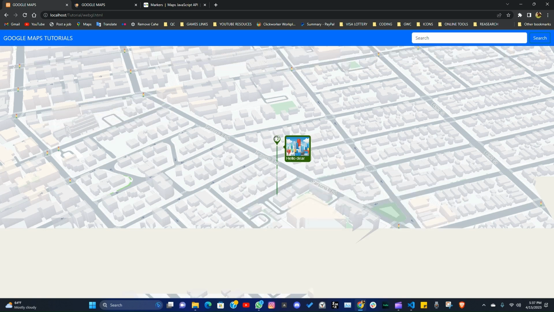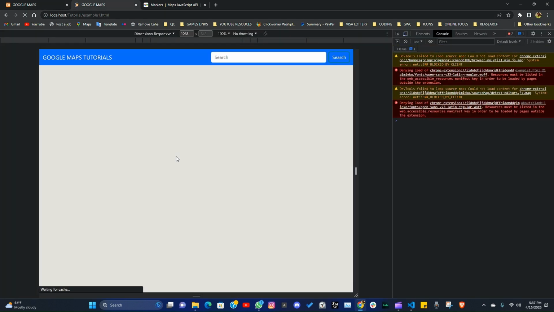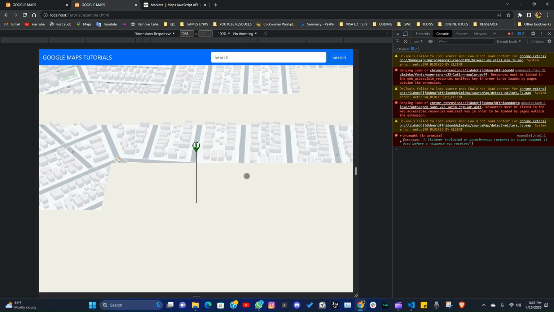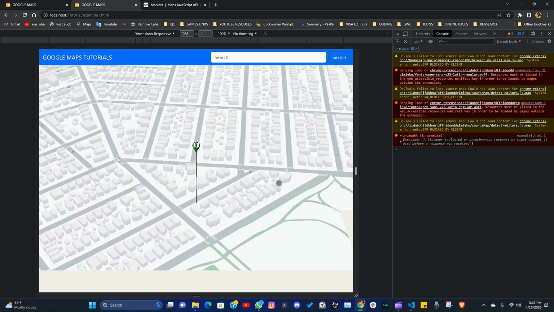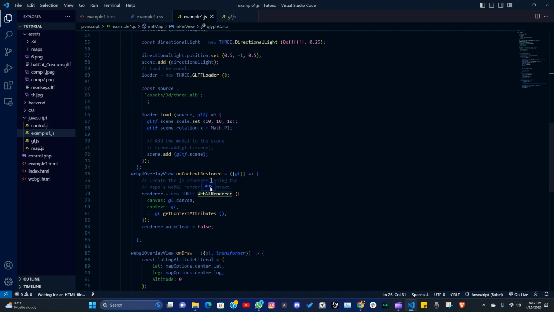The next thing we need to do, you see we have this white, we have this pole. So that's the last thing we're going to do for this tutorial. We're going to make the pole green. And then in the next tutorial we're going to create the content info window right next to it. So let's go to our code and let's go down to our GLTF load. So where we load our GLTF, this is where we load it. So inside here,